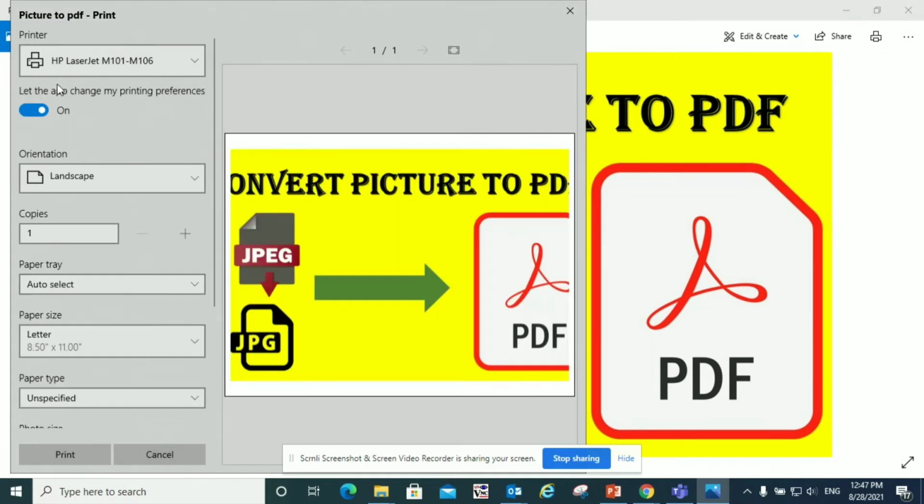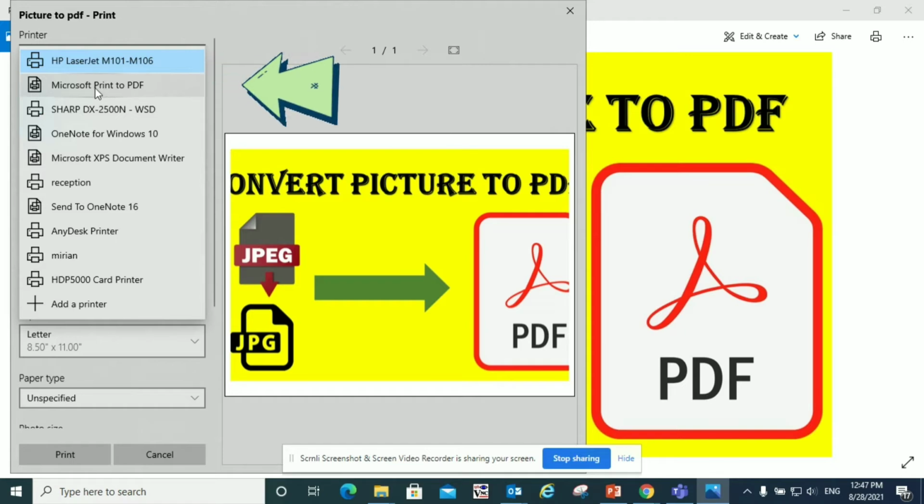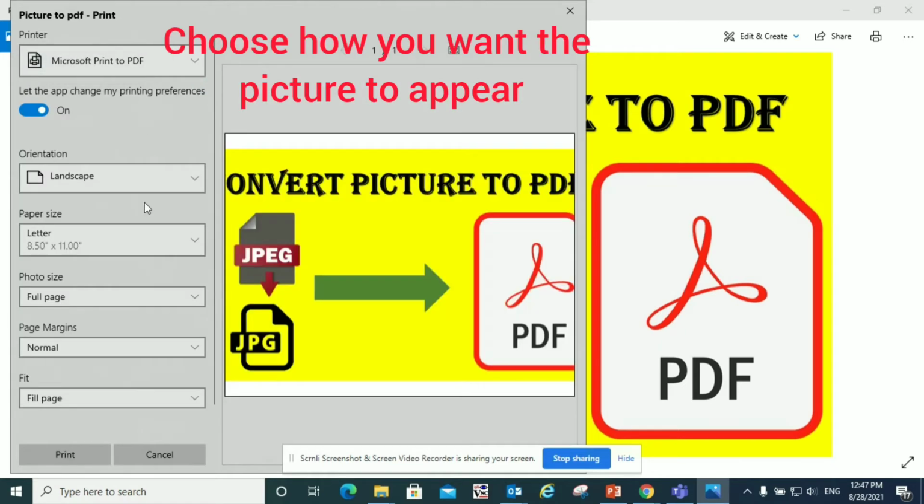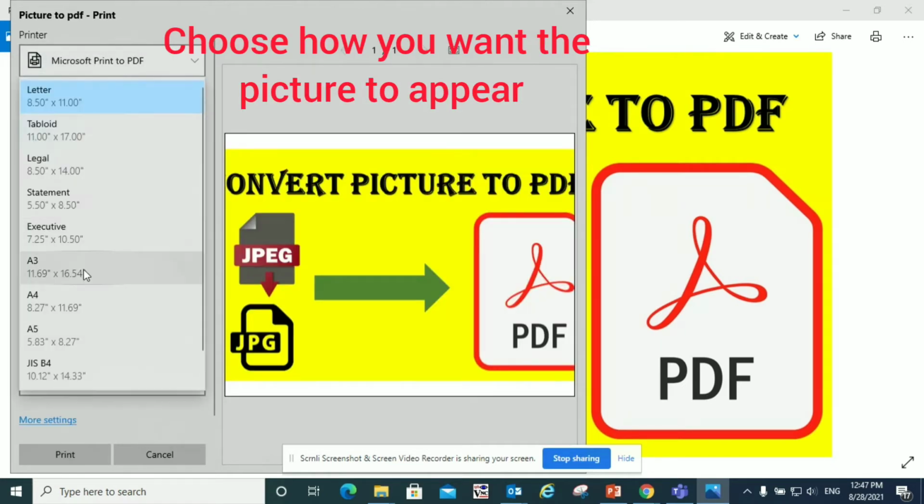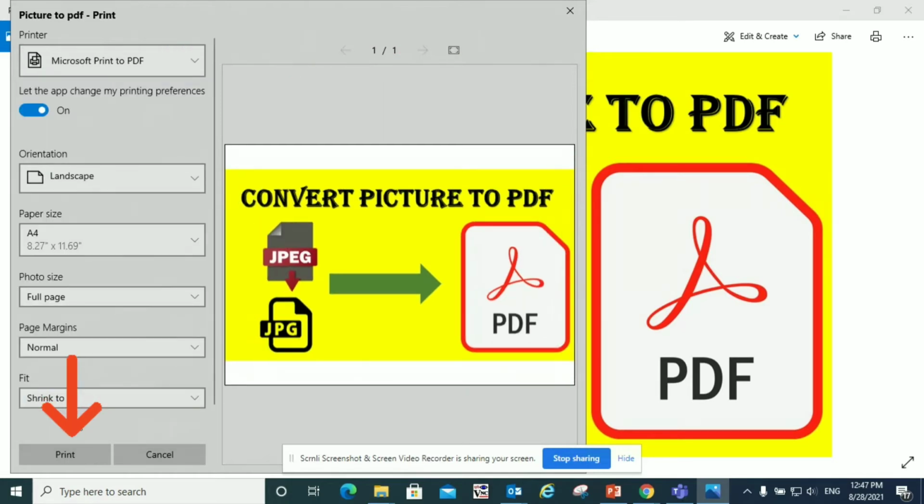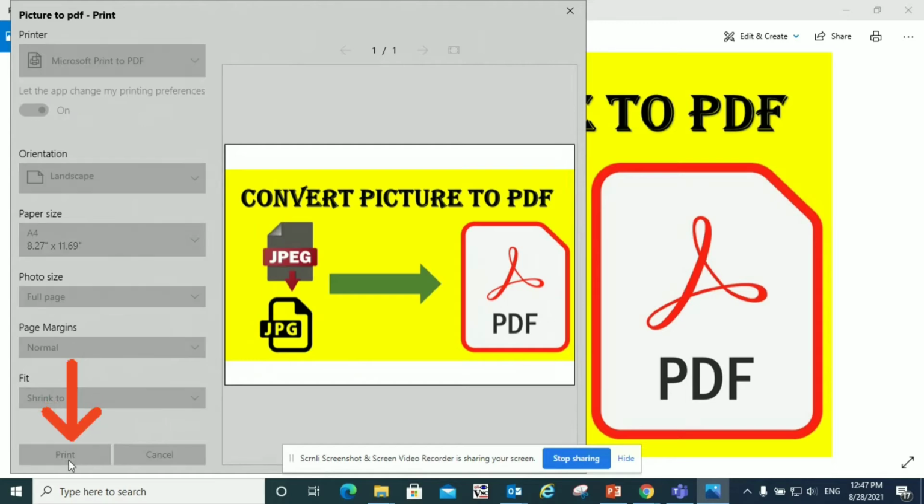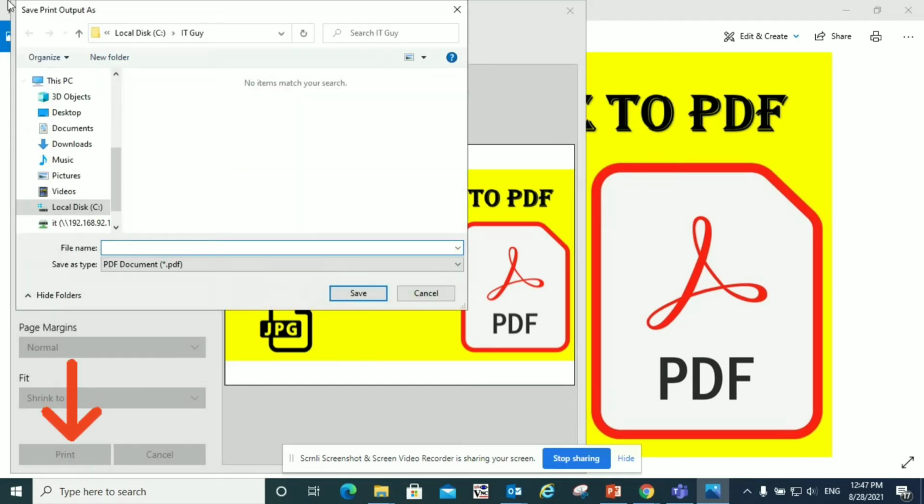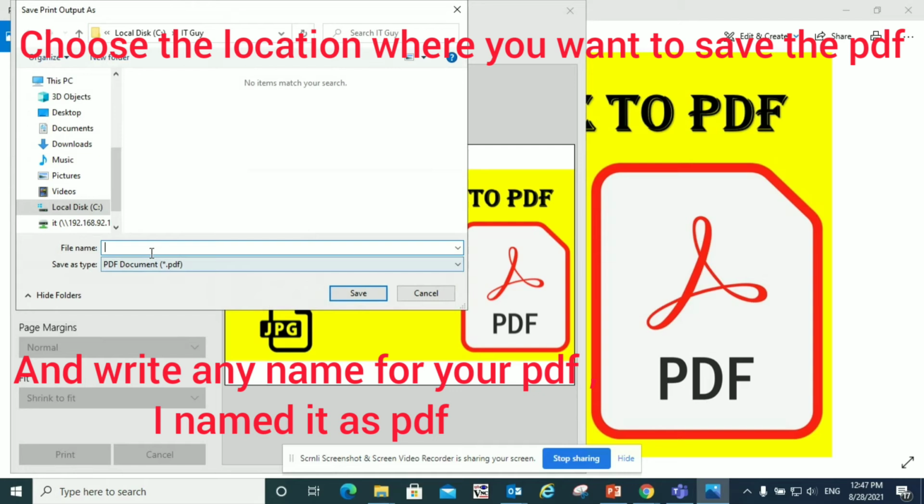and you'll see this box here where you can select the printer. Click on the box and you will find Microsoft Print to PDF. Select that. Choose how your picture is going to be. It's going to be A4 and fit page or shrink to page, and print. Now it will ask you what is the name going to be and where you want to save